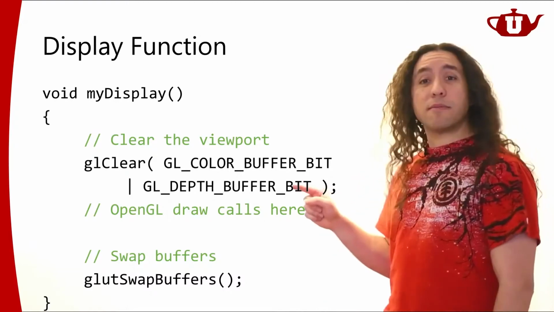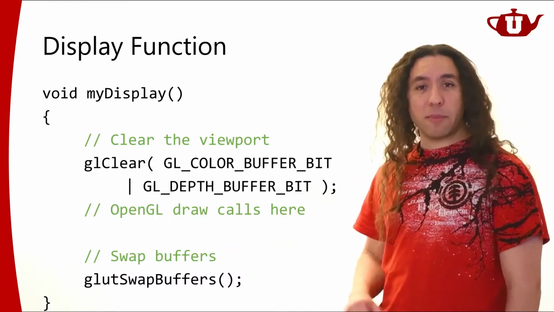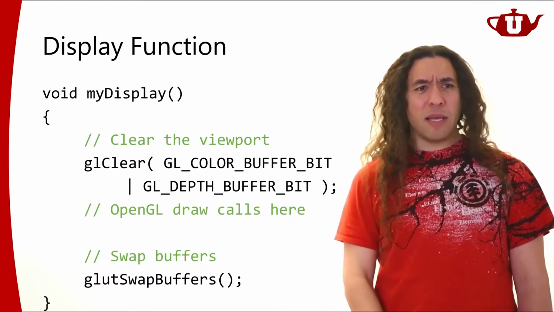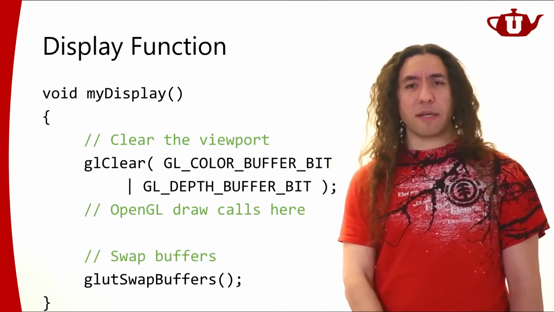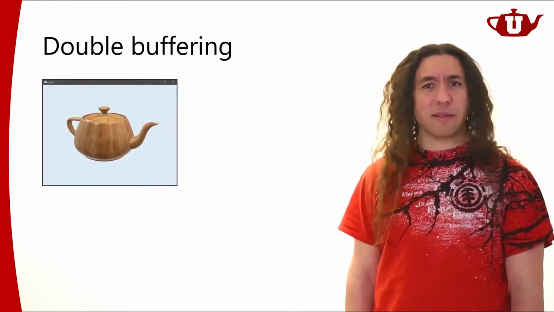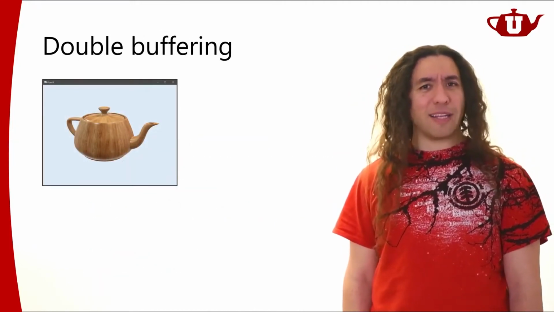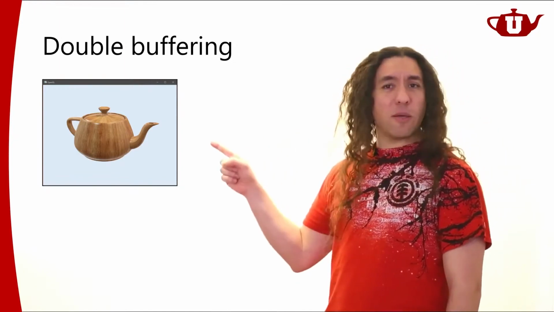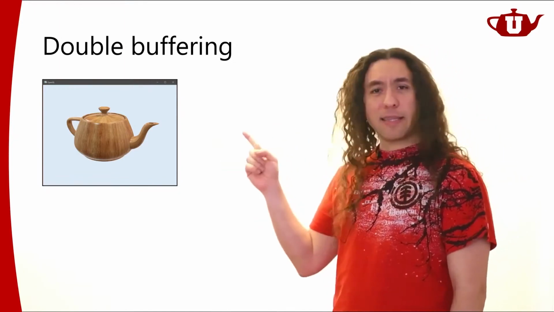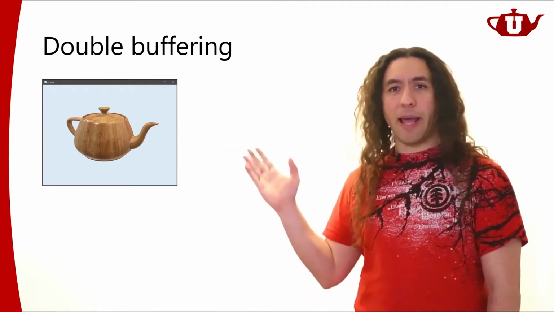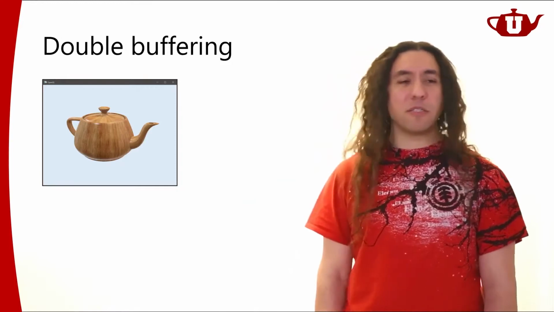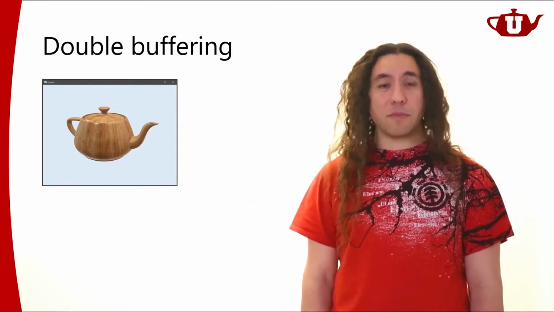Okay, so let's talk about this bit a little bit. Why is this called swap buffers? What is this even? Well, this is related to double buffering. So let's talk about double buffering and why it's needed. Now, this is the window that we generated, and let's say that this is an image that we rendered, and GLUT is displaying this image. It will be displaying that image whenever it needs to.